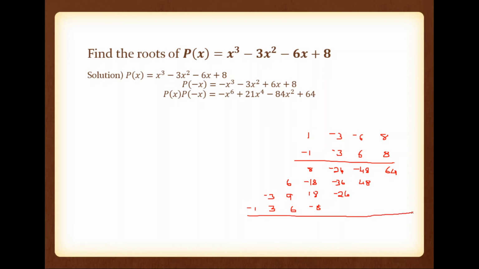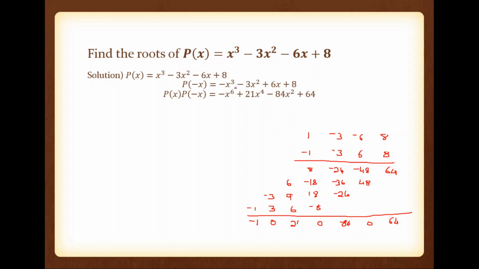So what is this value? This is 64. This is cancelled, so 0. This is minus 24, minus 36, minus 24. So that is minus 84, right? Minus 84. Then 8 and minus 8 are cancelled. Minus 18 and plus 18, that is cancelled. So this is 0. Then 6, 9, 15, 6, 21. Then minus 3 and 3 are cancelled, then minus 1.